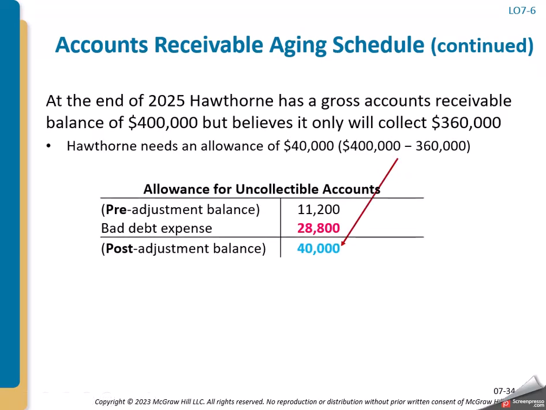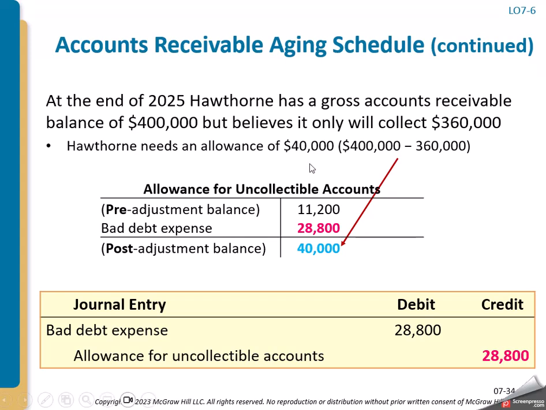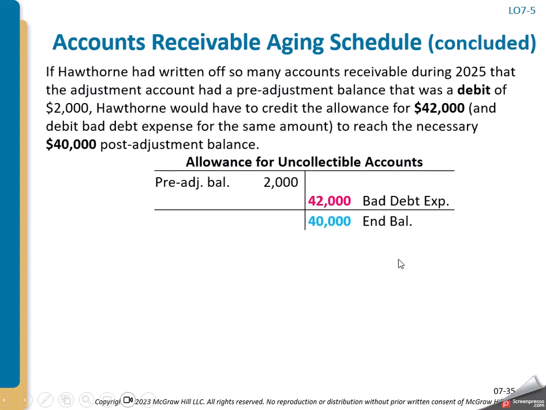And then anytime we use that method, we have to look at what's in the allowance for uncollectible accounts already, because it's a balance sheet account. It doesn't automatically zero out, it carries forward at the end of the year. So when we do our balance sheet methods, again, any of those three methods, we come up with a balance. We look at what's in that account right now, and then we just do the journal entry for the difference. So that pink number is the difference that we need to book to bring the allowance up to the value that we want it to be.